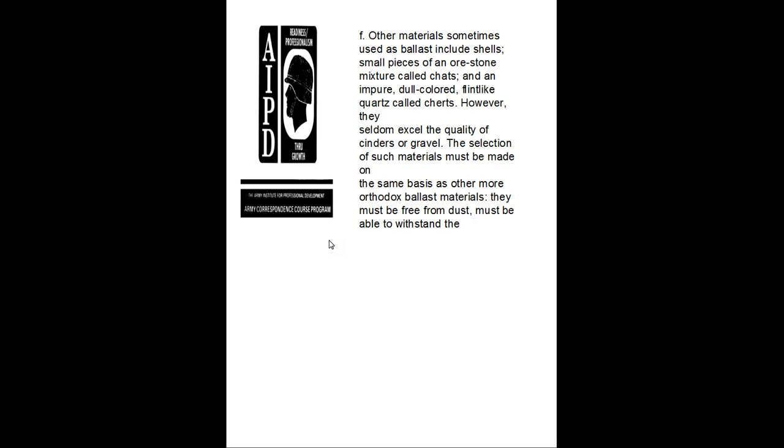Other materials used as ballast include shells, small pieces of ore and stone mixtures called chats, and impure dull-colored flint-like quartz called cherts. However, they seldom exceed the quality of cinders or gravel. A selection of such material must be made on the same basis as other ballast materials. They must be free of dust and must also be able to